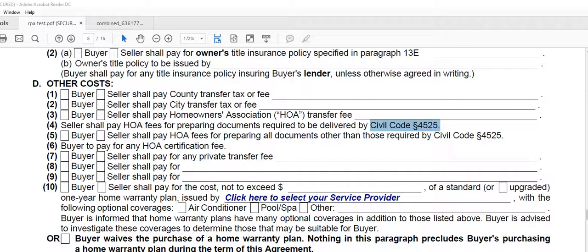I actually would probably advise most people to do it unless they know for sure there's no private transfer fee. If it's a newer development, it's something you should definitely look out for. Especially with some companies, they did some of those things frequently throughout the state of California. So be careful on this one,